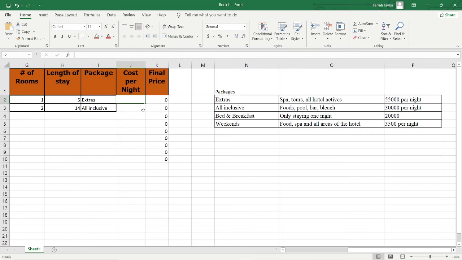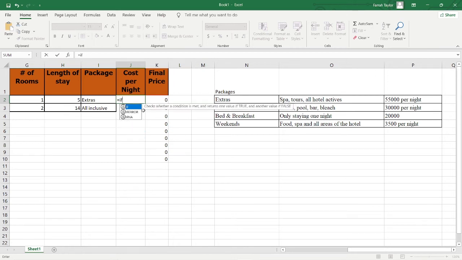So let's write it. When writing any function or any calculation, we start with the equal sign. What we're going to write in next is the word if, because we're using an if statement, then an open bracket. Okay, so we're now going to put in our condition. So we have equal, the word if, and an open bracket. After that, we're going to put in our condition. So our condition is basically saying if what is in I2 is equal to, let's start with